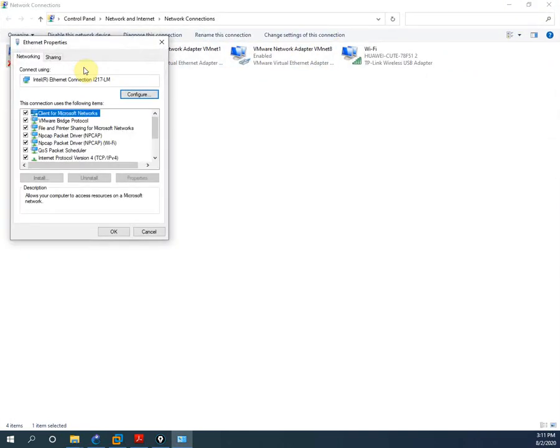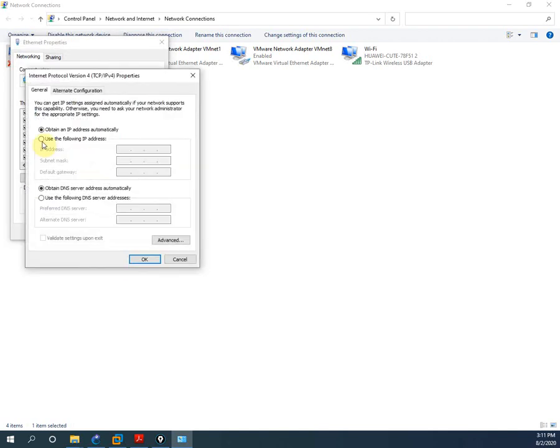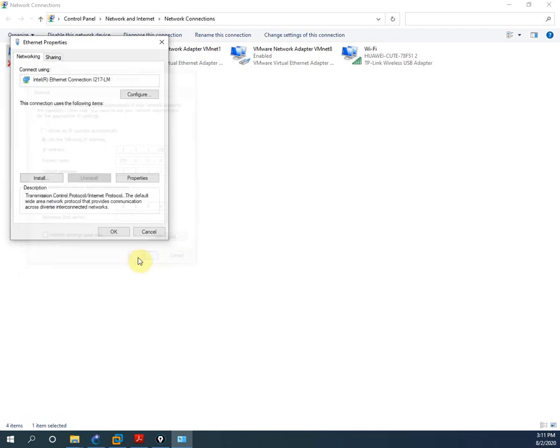Now I will double click this, then I will go to the IPv4 and open this one. If I want to assign any IP, example, let me assign 1.1.1.100. Let me write here 100, and the default gateway I will write 1.1.1.1. DNS, you can write anything. I will write Google DNS 8.8.8.8, and I have no need for alternate DNS. If you wish, you can write anything or keep it like that, press OK and OK.